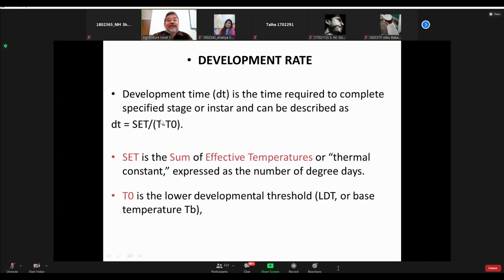আমি বলছি যে আমি জানতে চাই যে 25 ডিগ্রি এনভায়রনমেন্টাল টেম্পারেচারে আমার ইনসেক্টের ডেভেলপমেন্ট কত হবে, what will be the developmental time DT at 25 degrees centigrade. যদি বলি যে 27 ডিগ্রি সেন্টিগ্রেডে কত হবে, তাও কিন্তু আমি বের করে ফেলতে পারবো যদি আমার এই দুইটা জানা থাকে, ACT আর T0 জানা থাকে।